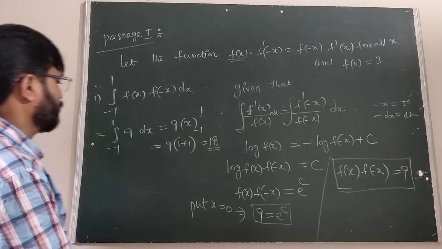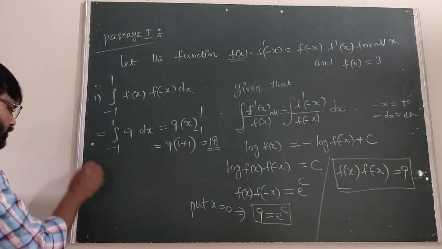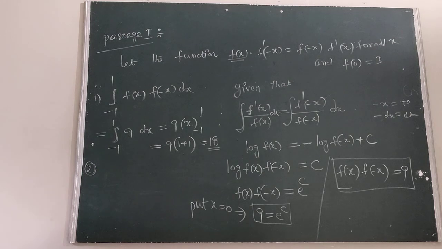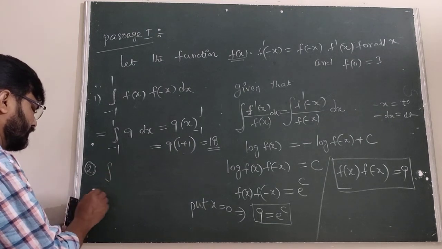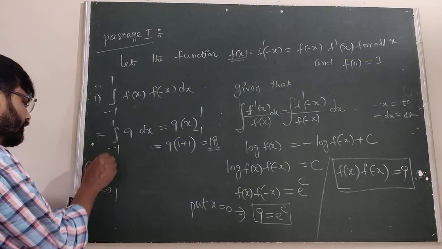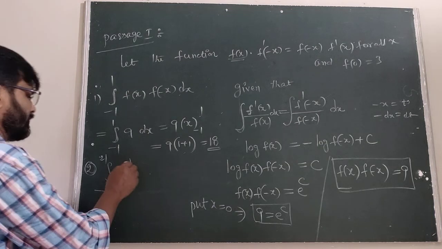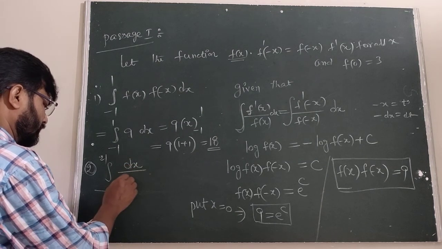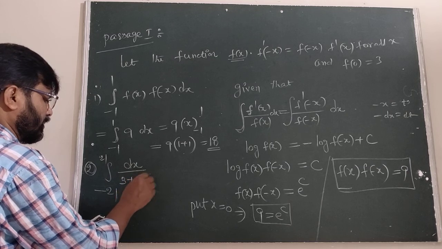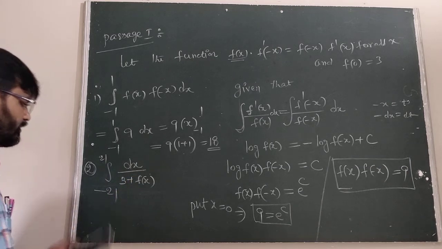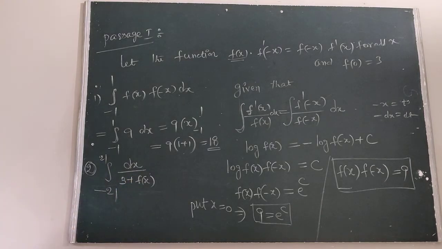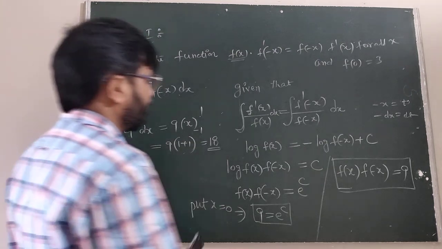Okay, now the second one, question number 2. Question number 2 is the integral from -21 to 21 of dx / (3 + f(x)). Okay, this is question number 2. How to complete this one? We have to know that